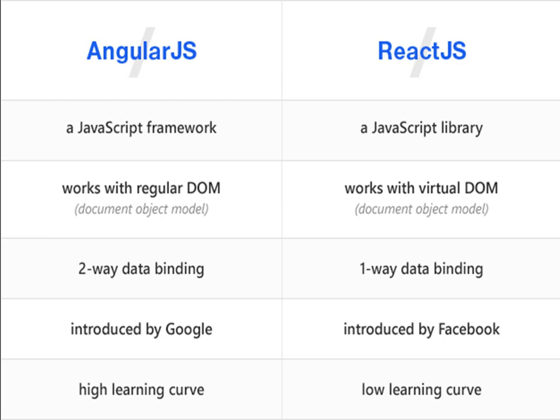Both are JavaScript technologies, but here you can see this is a framework and this is a library. React JS is basically a library, and Angular JS is a framework. So what is the difference between a library and a framework? You can think of a library as a set of functions. A library can contain a set of functions or objects that are defined there to perform some specific operations.